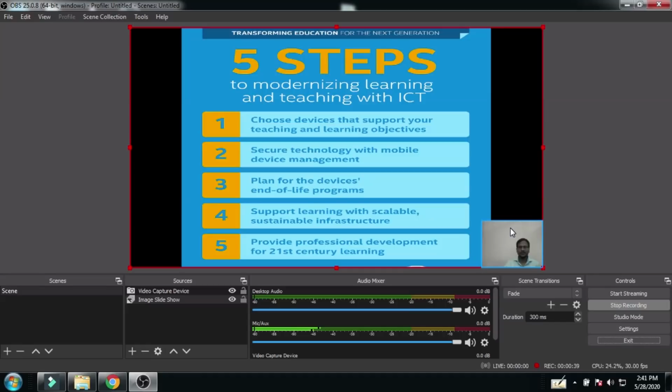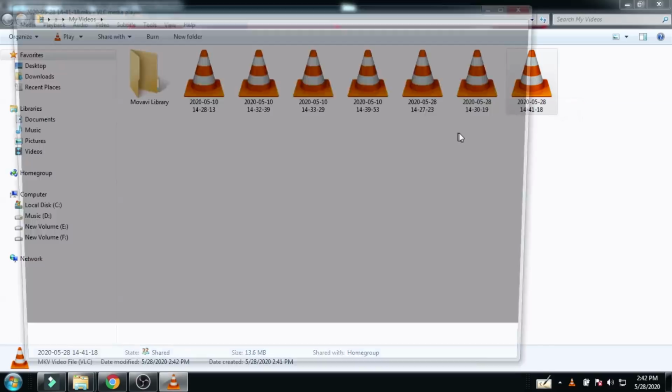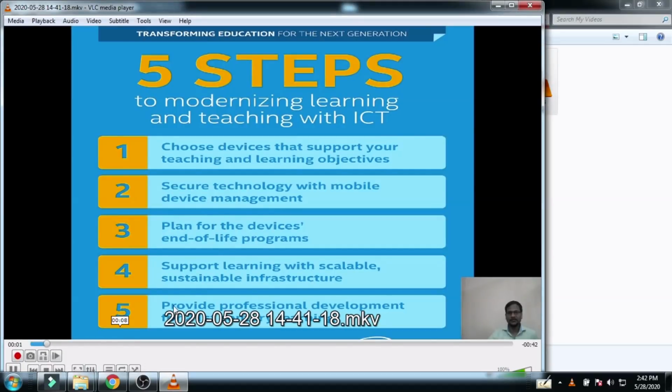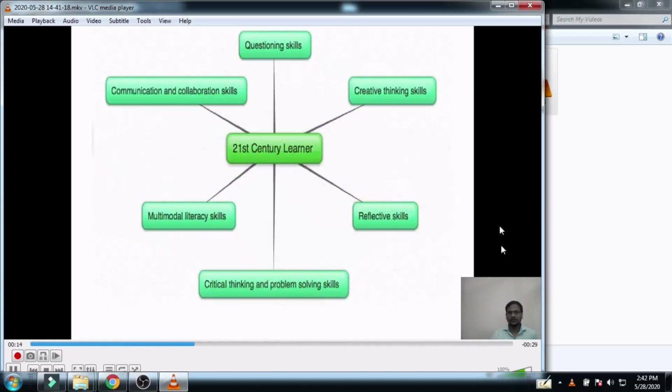So click on the stop recording. After your lecture, your recording gets stopped, and go to the files, show recording. There is your recording of all your explanation. So directly save this recording and send it via WhatsApp or email to the students. So it is very good to use this image slideshow plus face recording.